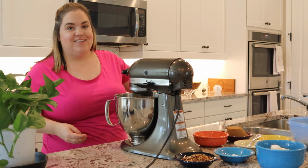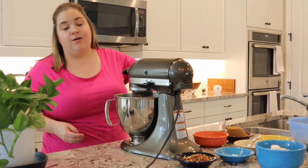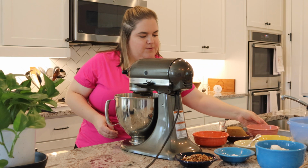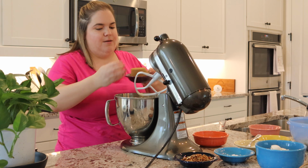Right, so first I'm going to add my butter. And the butter I went ahead and melted. They said have it melted and cooled. So I melted that 1 stick of butter, my 1 cup of packed light brown sugar,